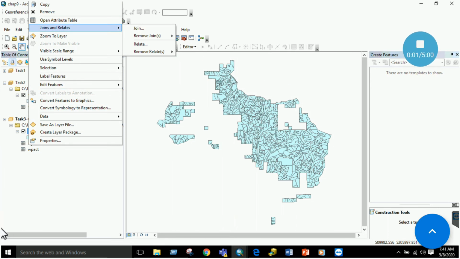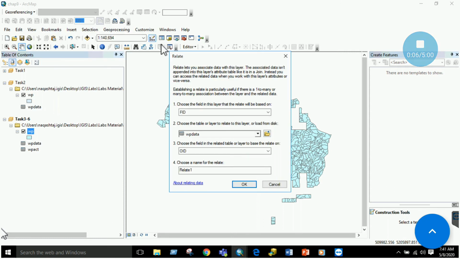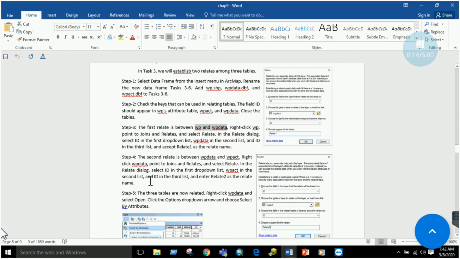Okay, here we have join and relate, and just click on relate based on the id, and you have to select wp data, and let's name it relate 1, right, and click OK.